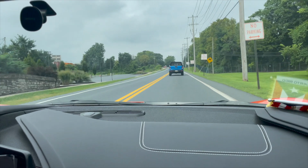Oh, I'm so excited. I'm so excited. Here we go, launch control. Let's see how it goes. Little launch here. It's in launch mode. The timer's right here for 0 to 60. What you do is you hold the brake all the way in, then gas it up to 3,500, let go, and